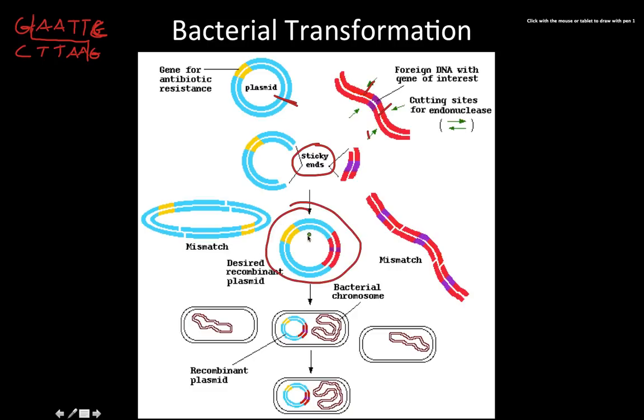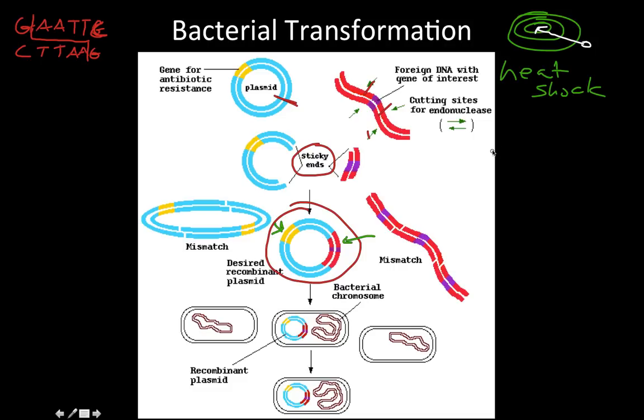Now we have our plasmid with our gene of antibiotic resistance right here, and the gene that we want, like the human insulin gene, and now we've got to get this plasmid into the bacteria. Remember, bacteria cells have 3 layers of protection. So they can't just come in and knock on the door and say, hey, can I come in? They need to have a special process called heat shock to get the plasmid